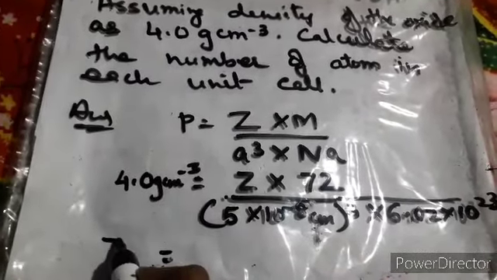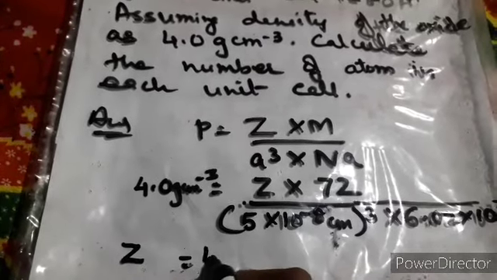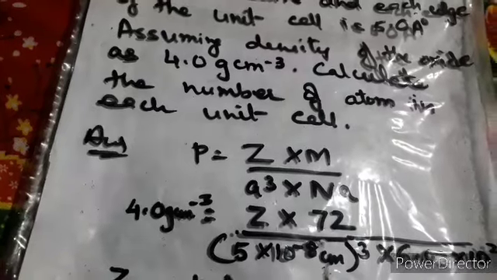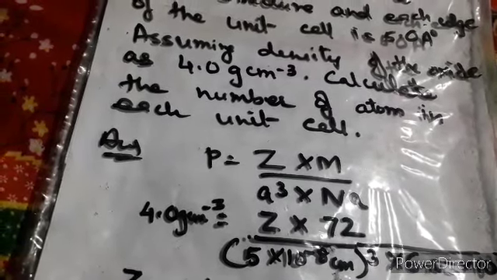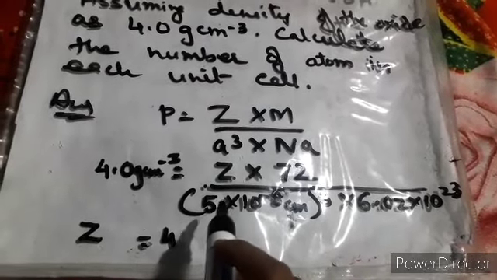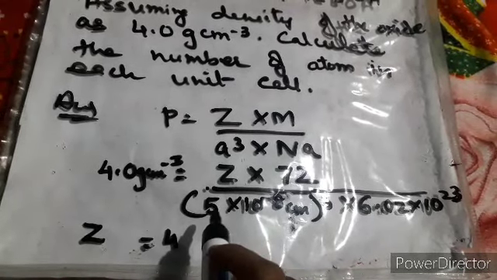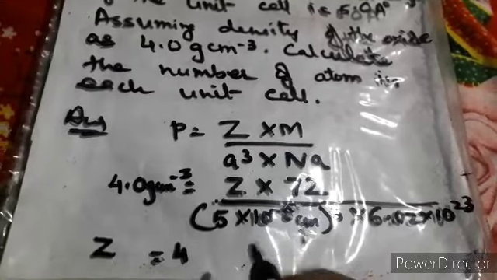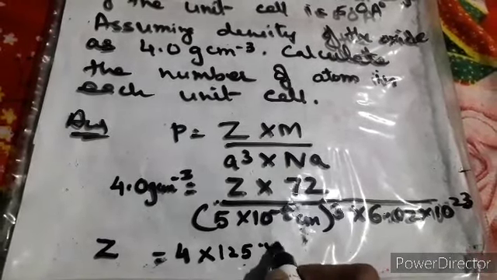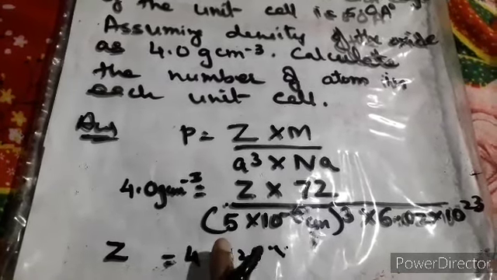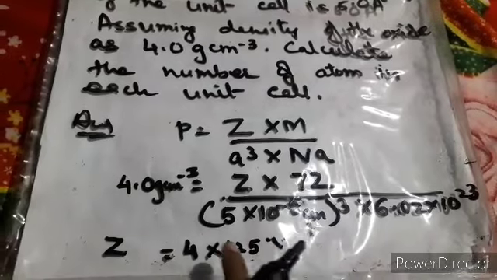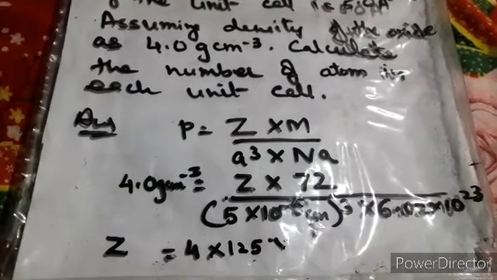So you can get the value Z is equal to 4 when you do it up. Now you know that it's a cube, 5 times, so 5 5s are 25, 25 5s are 125. So that's why I'm directly writing 125 over here. My page is small, so let me do it on the next page. I am removing this so that I can tell you how I have done it.